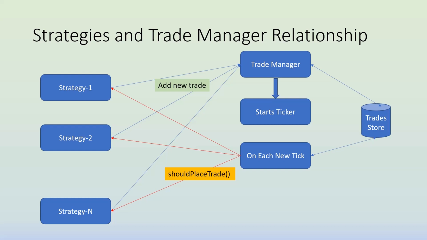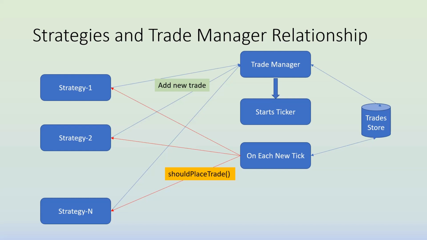On the left hand side, we have strategy 1, 2, 3, a number of strategies. So what will the strategy do? It will create a trade based on the conditions by checking the live feed data or candlestick data, whatever. So it creates a trade with certain parameters: entry, request entry, stop loss, target, timestamps and some other data.